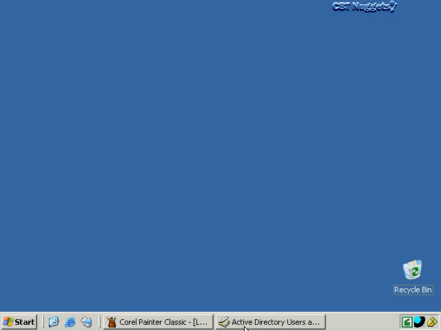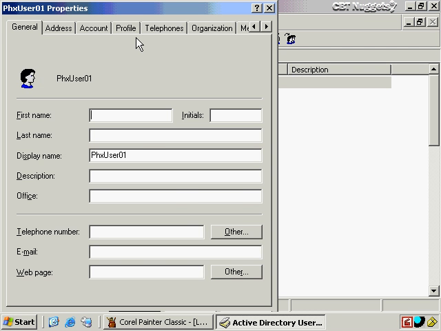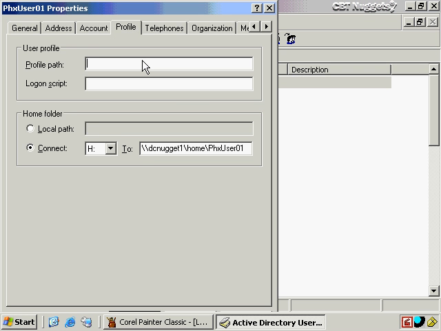Now let's return to the other topic of profiles, and that is the roaming user profiles. Remember for Phoenix User 01 here, for example, that I had blanked out the profile path on the Profile tab. Well, now if I want that to be a roaming profile so that they can get the same exact desktop settings no matter which computer they log on to, I'll enter in a profile path with the UNC path to DC Nugget 1, which is what I created in an earlier Nugget for the profiles directory that I created